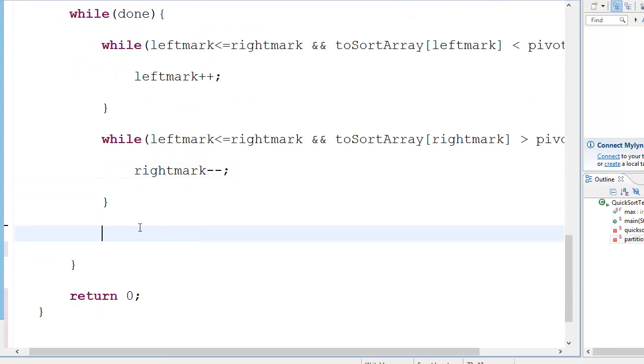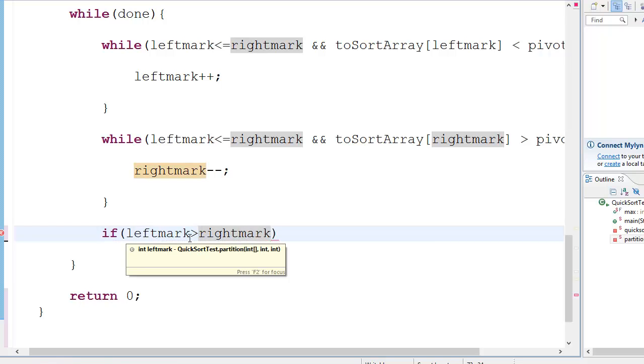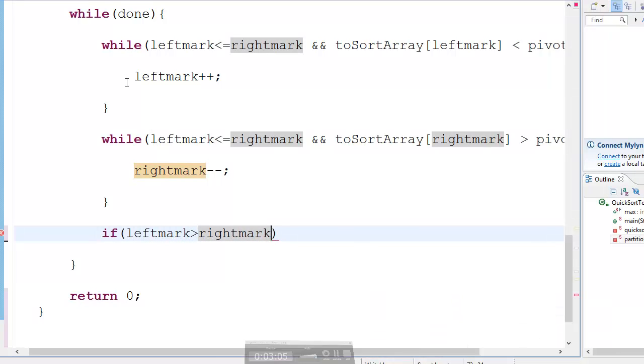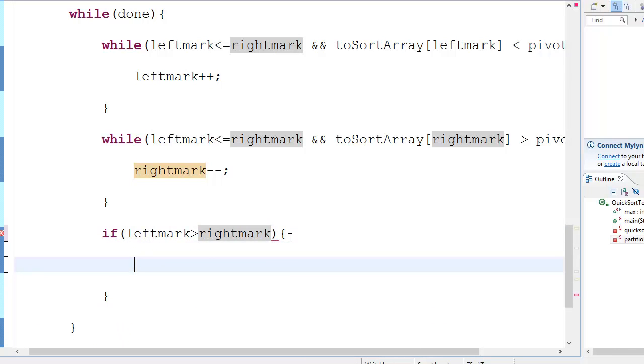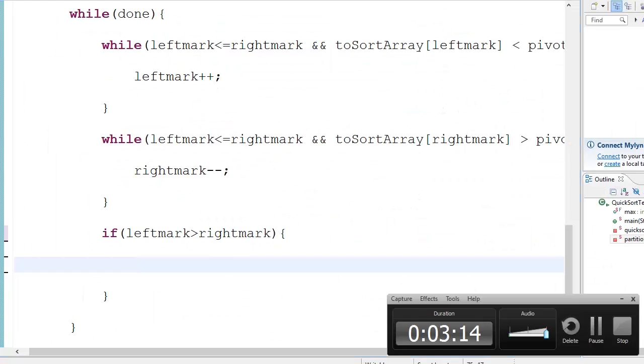But now is the funny part. Now if the left mark is greater than the right mark. Oh, sorry, I messed it up. Wait, oh no, it's correct. Sorry, I thought I messed it up because I was having a confusing thing in my head. Oh sorry, it's Facebook. Anyway,